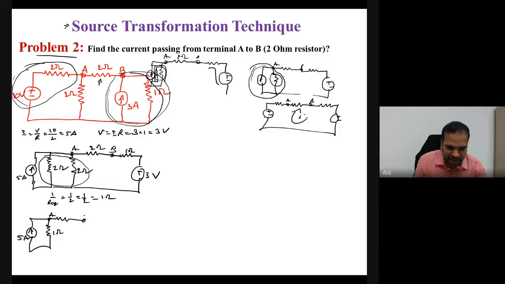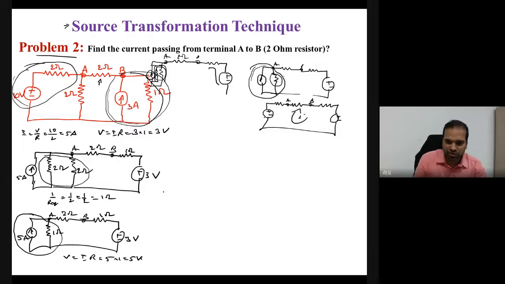This is A and this is B, connected to a 1 ohm resistor. So another resistor with 1 ohm value, and of course here we have a voltage source. This is 3 volt, and here you have 1 ohm. Now see, this is a current source. Can you convert a current source to a voltage source? Of course. So if I convert to a voltage source, V equals what? V equals IR. So the current source is 5, and the resistor is what? Into 1. This is what? A 5 volt source.